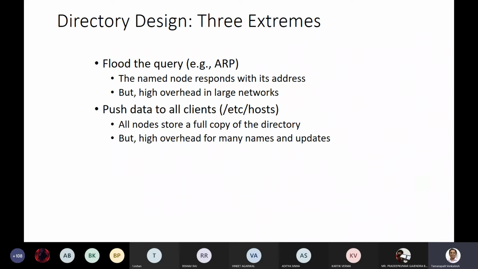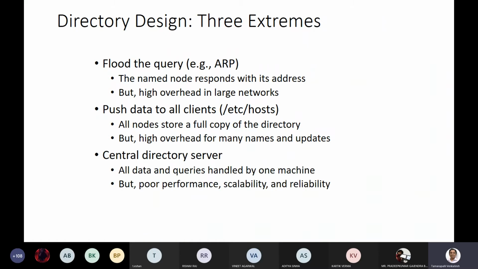And then whichever machine or whichever interface has this IP address, it responds with its MAC address saying that I own this IP address and this is the MAC address of my interface. Okay, and this is what is followed in the address resolution protocol. And naturally, this doesn't work for global scale networks. It works only within the local area network, with, of course, its own disadvantage of having very high message overhead